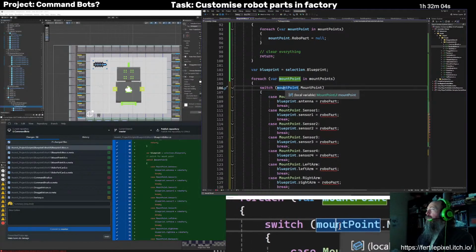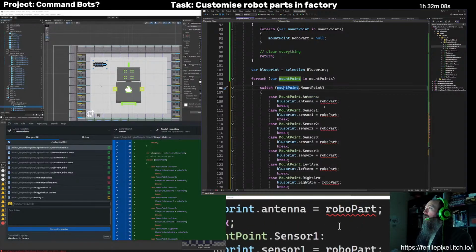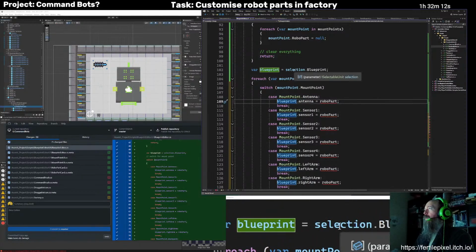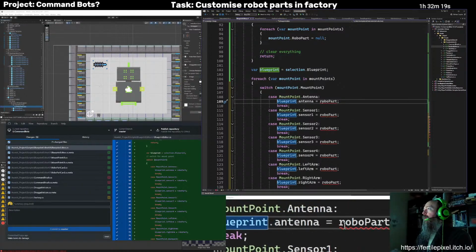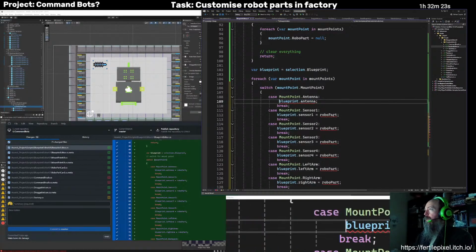So we're going through each mount point, and if it's an antenna, then we want to look in blueprint antenna. And that's, instead of doing equals RoboPart, we're doing it like the opposite way around.